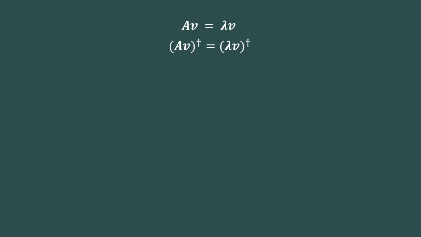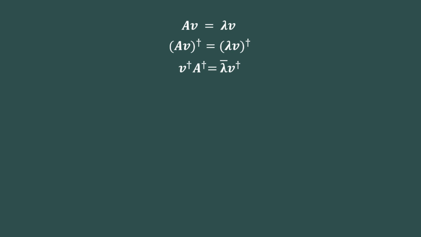Next, we take the conjugate transpose of both sides of the equation. The result is that the conjugate transpose of Av equals the conjugate transpose of λv. Now, we apply the property of the conjugate transpose. For the left-hand side, this becomes the conjugate transpose of v times the conjugate transpose of A, while on the right-hand side, the scalar λ becomes its complex conjugate, denoted as the conjugate of λ, times the conjugate transpose of